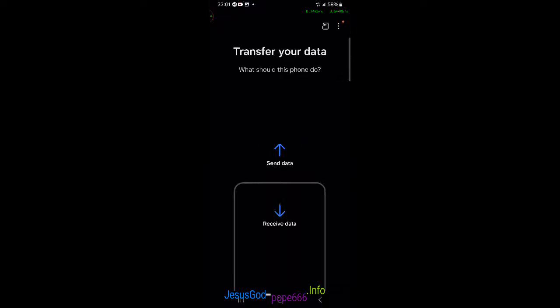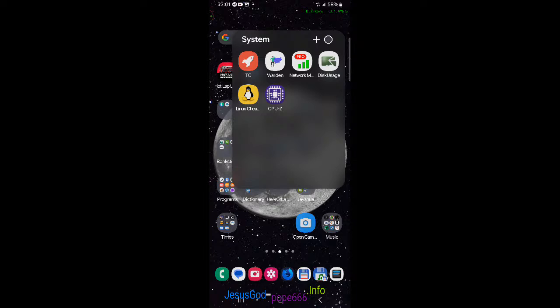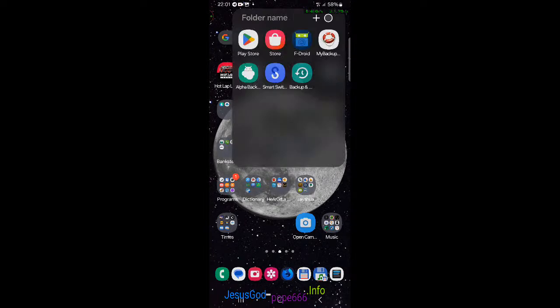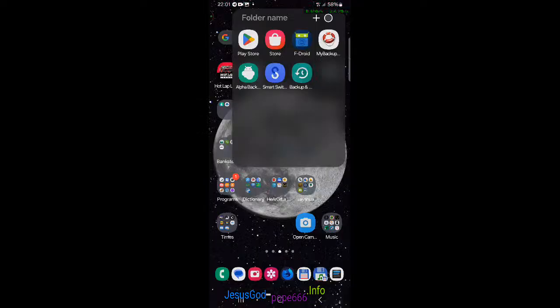Smart switch, you would think. As far as I recall, the LG application could move both data, and at least in one direction to the LG phone, but just not the front screen and all that. But that was okay. Now you're just sitting there with a multitude of apps and a multitude of settings that you need to set up. It's just rubbish. Here we have a backup thing and this and that, but yeah.